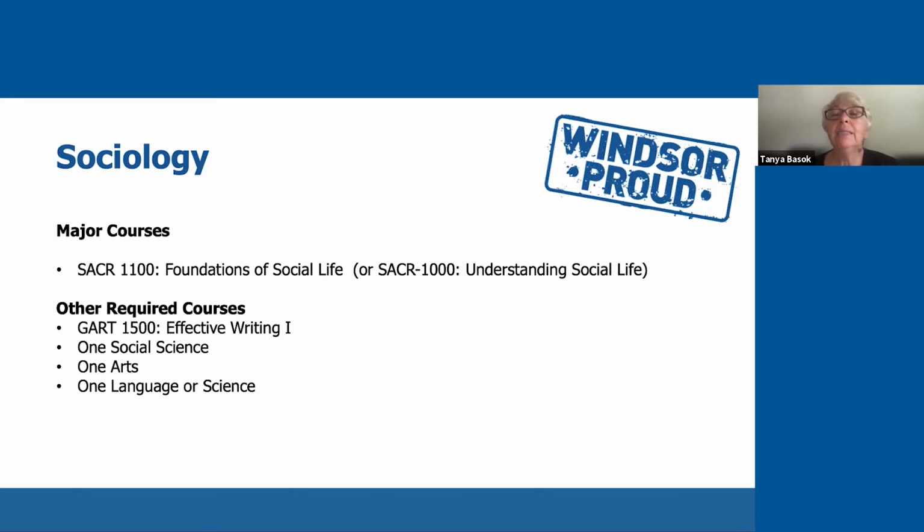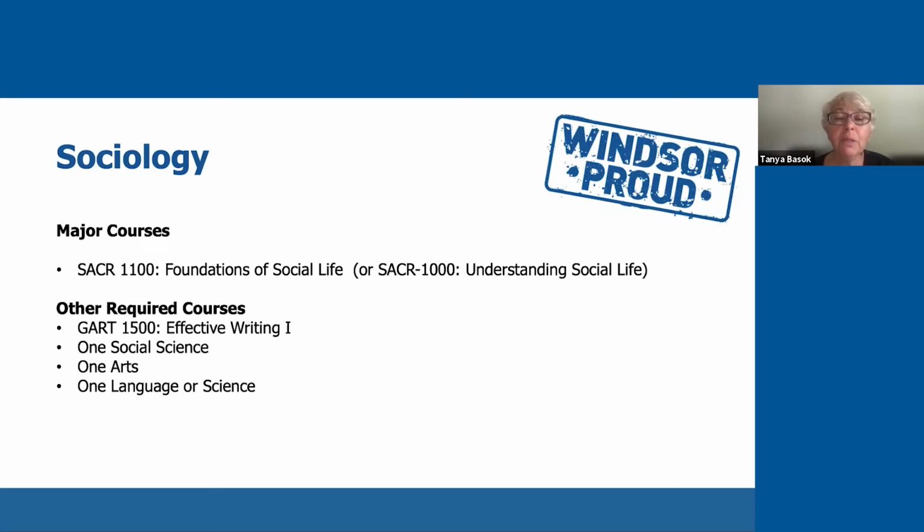Also, keep in mind that you should try to register for SOCI 1100 as soon as possible, as soon as registration opens up. This course fills up because it's a required course for sociology, criminology, and family and social relations. It's also a required course for students in some other programs, such as environmental studies. So the course fills up.